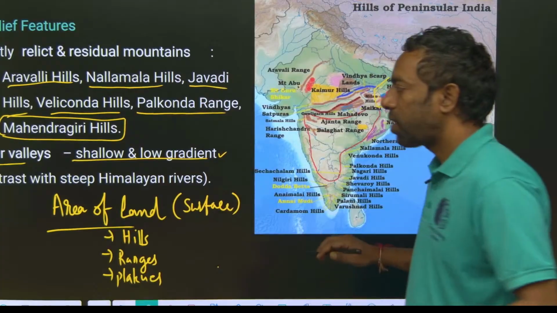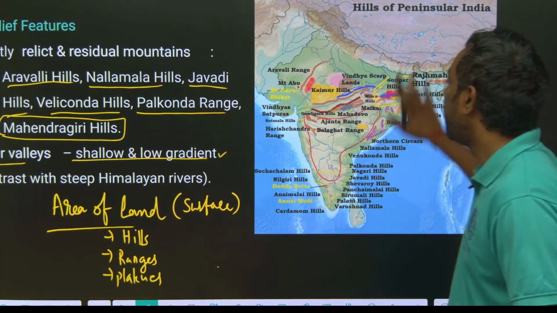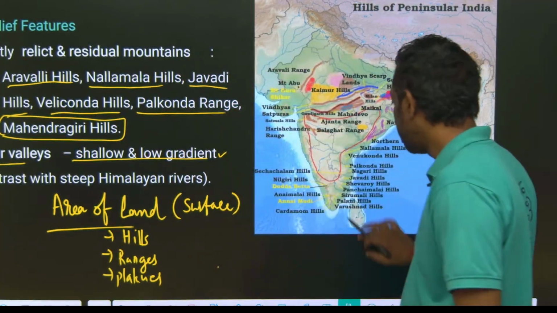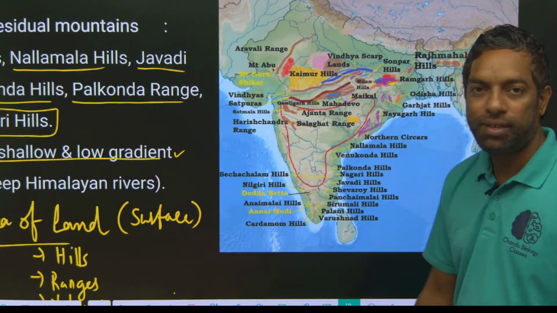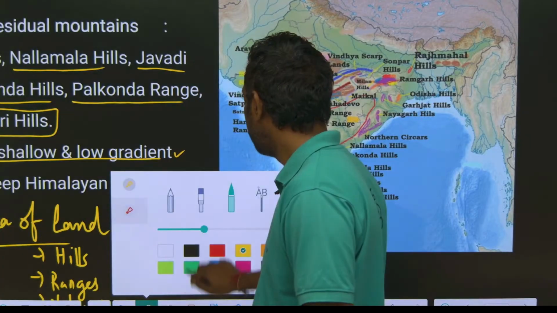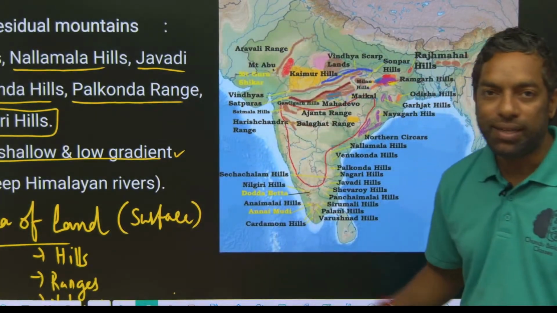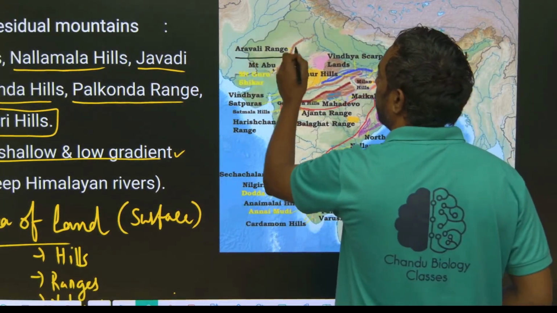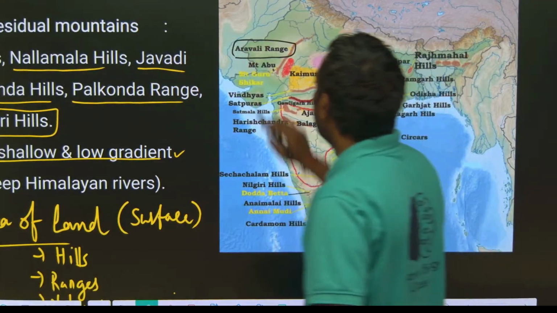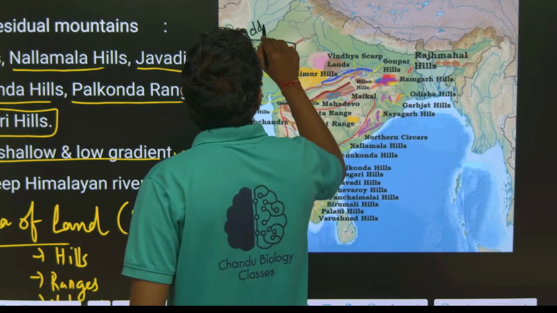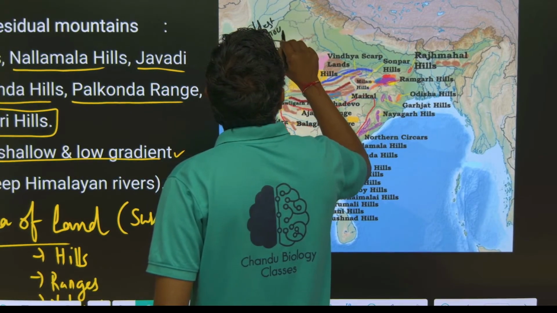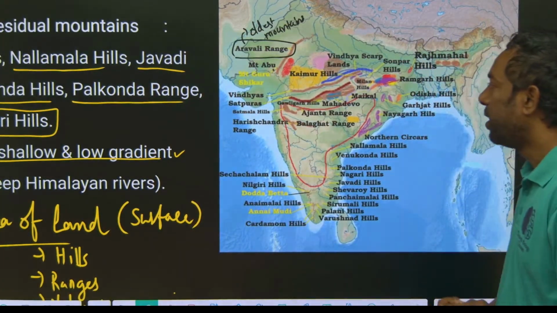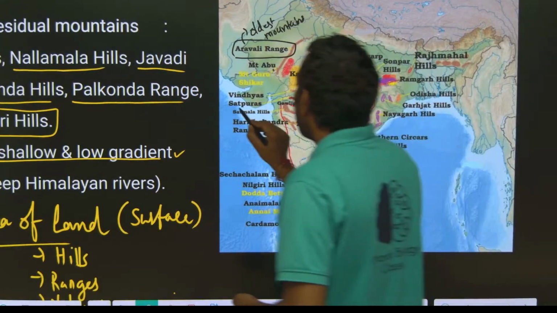Okay, guys, relief features, mainly they can ask you relief features also. Geography means the diagrams, maps. You have to find out the map. Based on the map point of view, there is a high chance to get the answer, guys. Just Aravalli range here, this is the Aravalli range. Oldest mountains, Aravalli range. Okay, guys, Vindhya Satpura ranges,